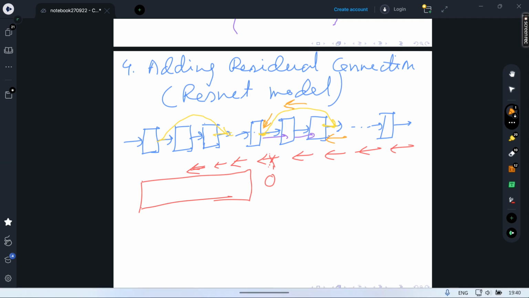So it facilitates faster propagation of the gradient from the higher layer to the lower layer. And it has been seen that using such shortcut connections, or residual connections, which are called skip connections,